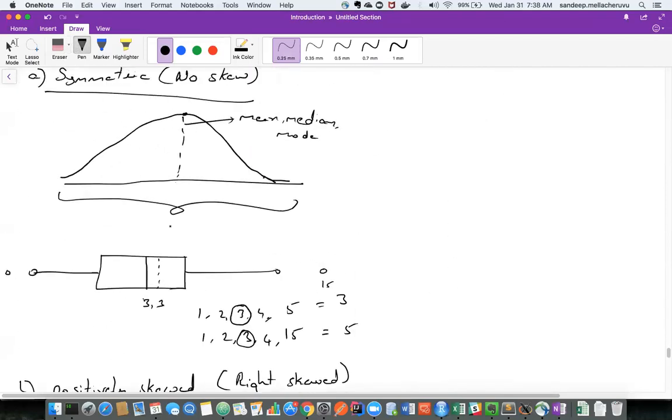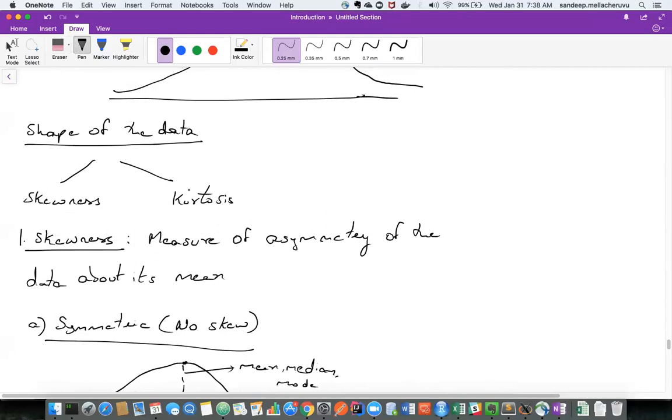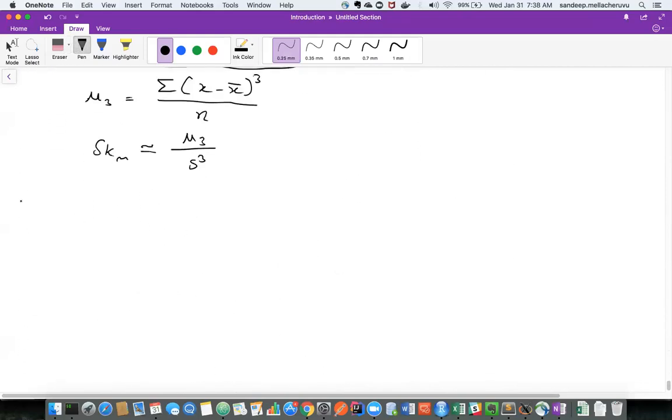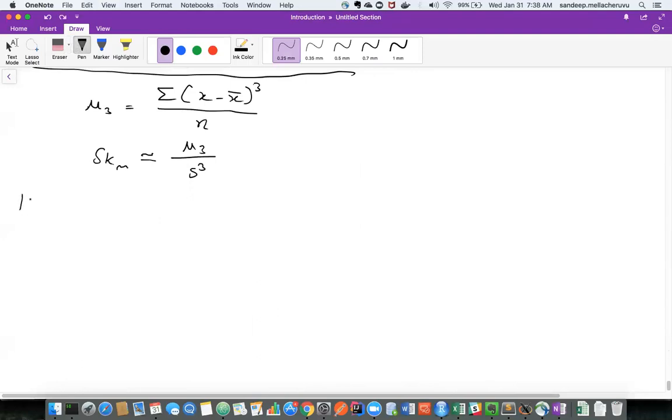Now we know how to do skewness. Now what about kurtosis? What is kurtosis? Actually, there are two competing definitions for kurtosis, and each one says that my definition is correct. That is the problem here. One is that kurtosis is nothing but the peakedness of the curve.